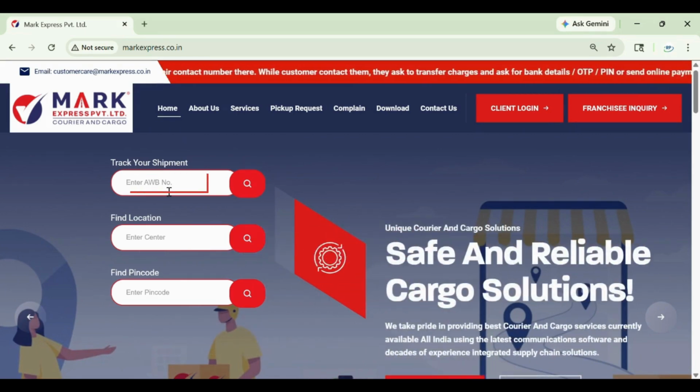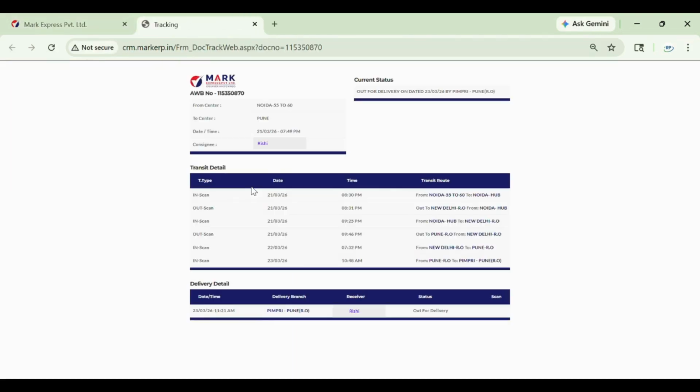For example, we have entered the AWB number as 115350870. Now click on the search button. As soon as you search, you will see the complete tracking details of your courier. Here you can see that the parcel is moving from Noida to Pune, and the consignee name is shown as